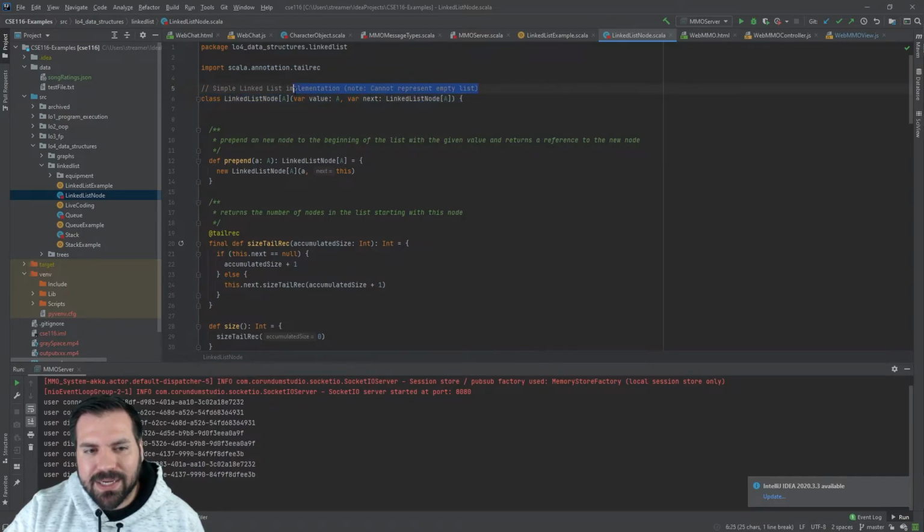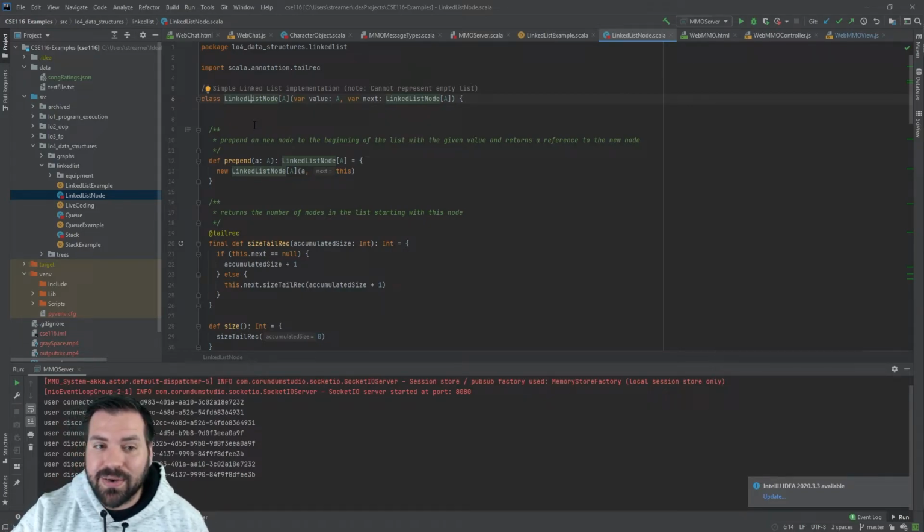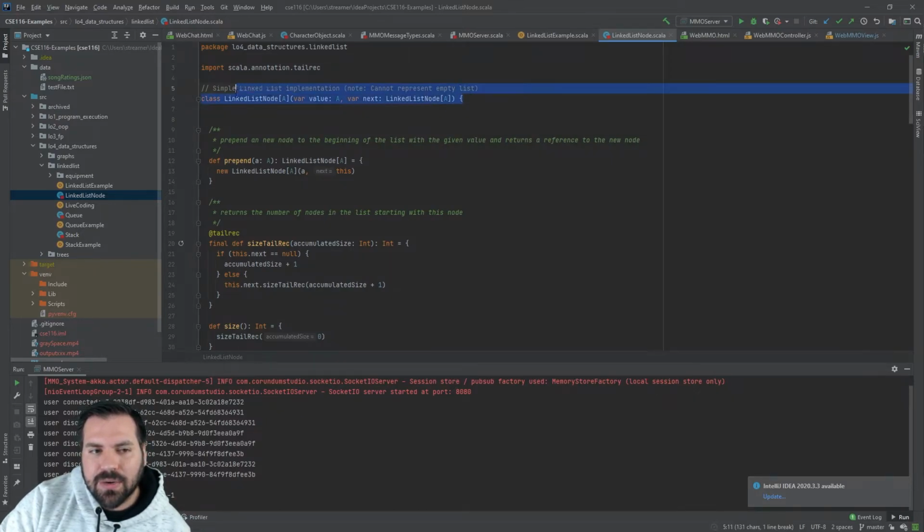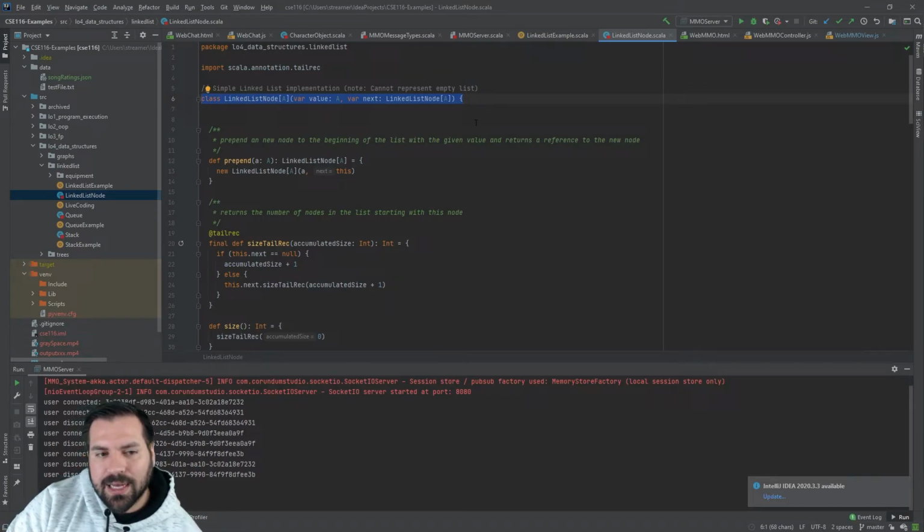Oh, yeah, I should mention this note. This is simplified, just meant for educational purposes. We actually can't represent the empty list with this linked list node class, just so you know. We can create a linked list class which stores a reference to a linked list node, which I'll probably have to set up for the homework at least, and then we'll talk about that on Friday if I do. So this is our linked list node class.